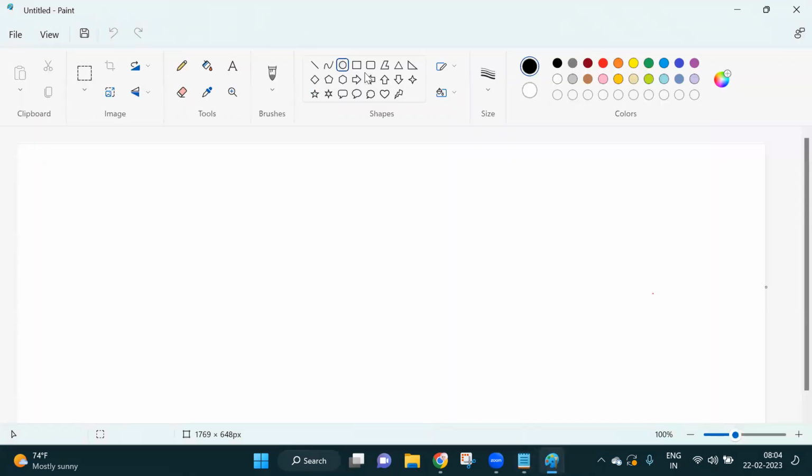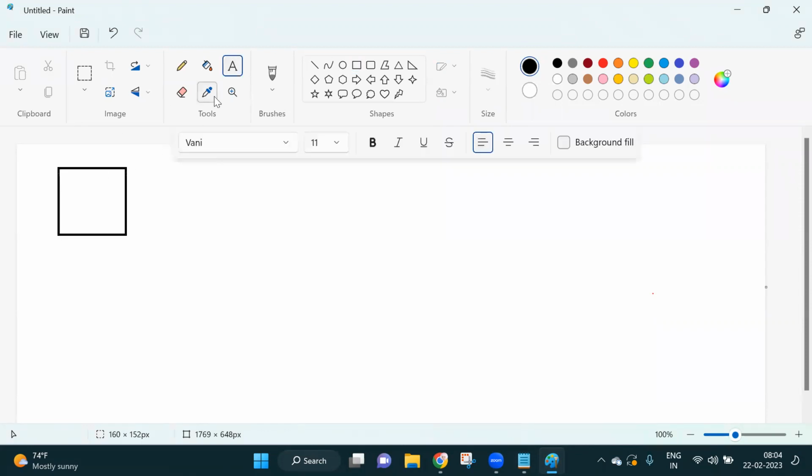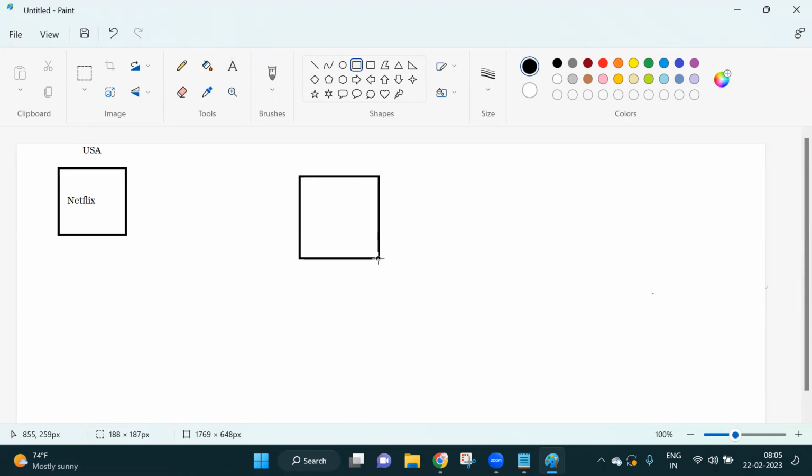Suppose consider it is an application called Netflix. Where is it hosted? It is hosted in US. But this application has worldwide customers.